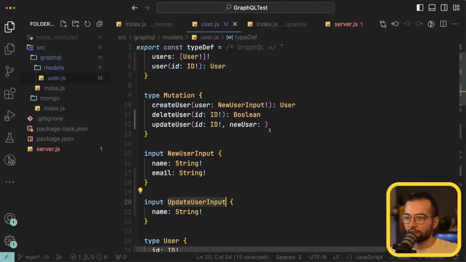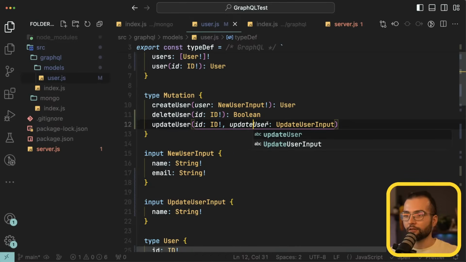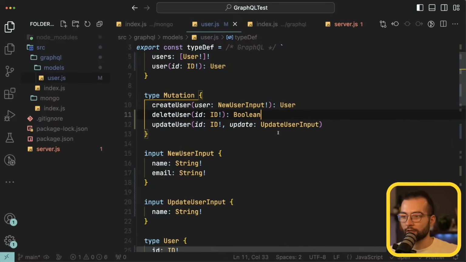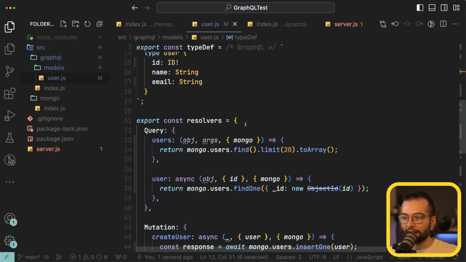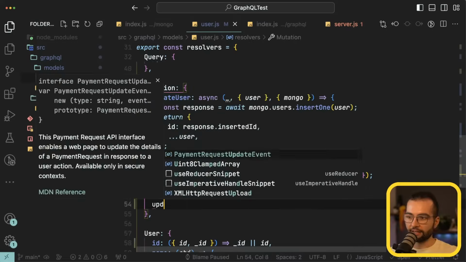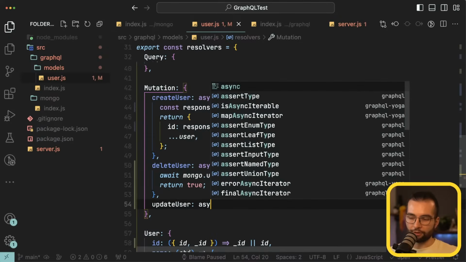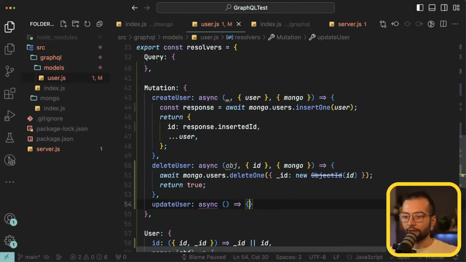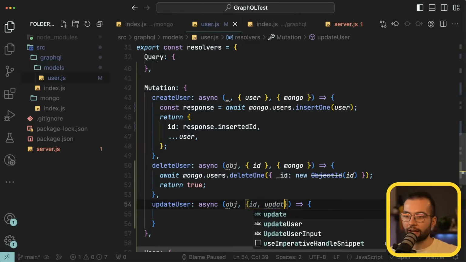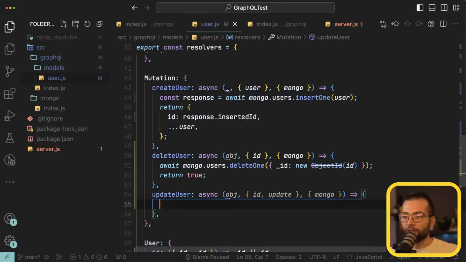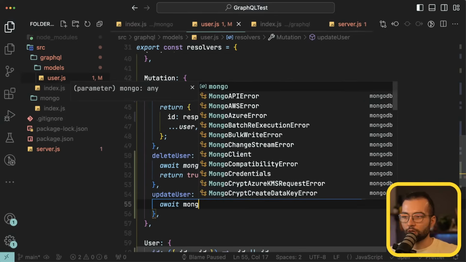So let's not say new user, but update. Let's just say update. So the update user will have two arguments, ID and update. Let's go ahead in our mutation and create update user. That is going to be an async function. The object we do not need, so we can call it obj, but in the arguments we're going to have both ID and also the update. From the context, we of course need the Mongo. And what we will need to do is